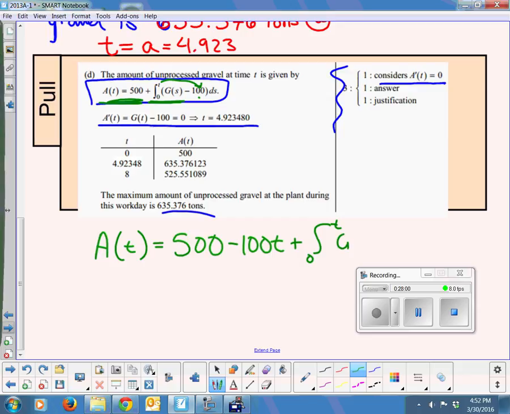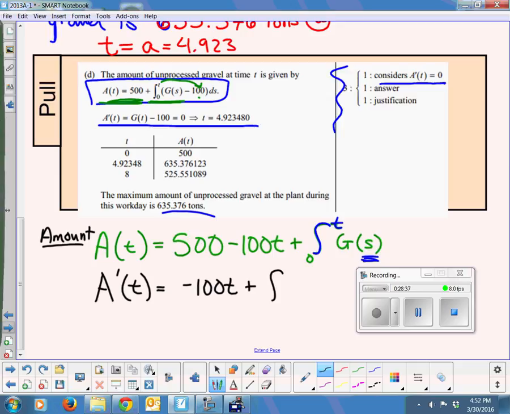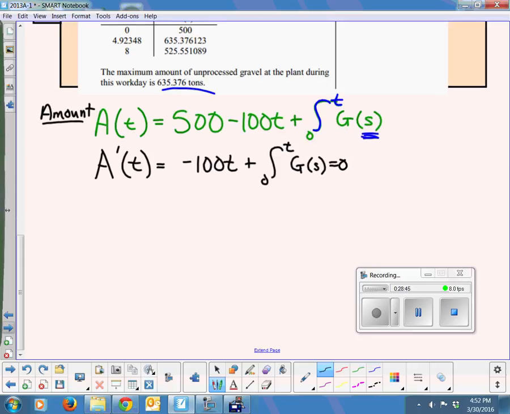Integral 0 to t of g of s. Don't freak out that they put an s there. That's only so that they could have a different variable on the inside of the integrand as opposed to on the outside once it gets integrated. And the fact is, if you did take the derivative of this, I mean, this is an amount function, and they asked for a maximum amount. Well, the maximum amount would be where that slope is 0. And if you take the derivative of this, you get negative 100t plus the integral from 0 to t of g of s equals 0. And that would mean that the integral from 0 to t of g of s would equal 100t,